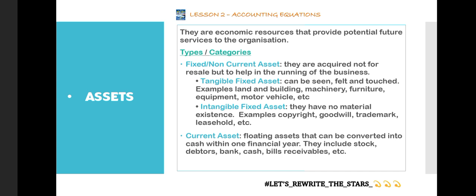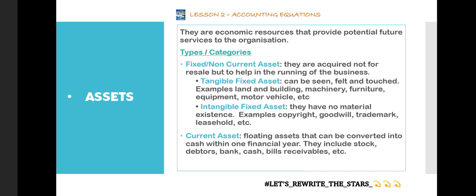But these ones are to be sold out. So when we sell it out, the only thing that we get in exchange is the cash. So within a financial year or within a particular period, we are all anticipating that we'll be able to sell all the beverages or all the drinks within the organization, because it is not the drinks that we are interested in. We are interested in the cash, but it is drinks that we have, so we can only give out the drinks in order to get the cash.